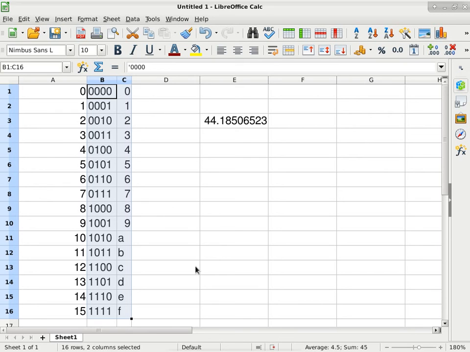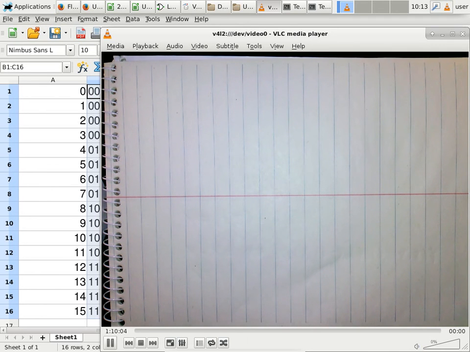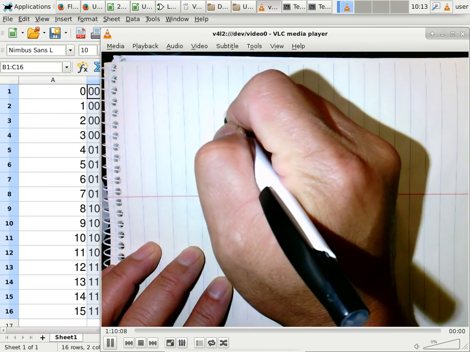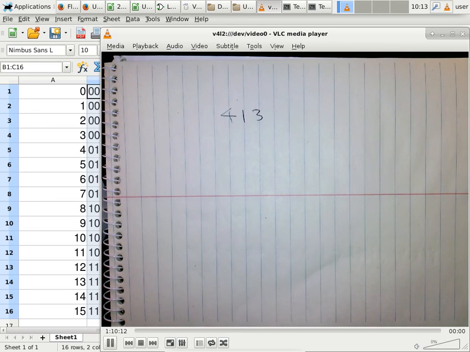Okay, so the conversion between base 10 and base 2 is kind of tedious. Let me give you an example of the conversion. For that I'm going to use my document camera because I have it all set up already. It would be a shame if I don't use it. So let's say we pick a number, let's say 413, and we want to convert it into base 2. You can just punch it in the calculator, but what is the fun of doing it that way, right?